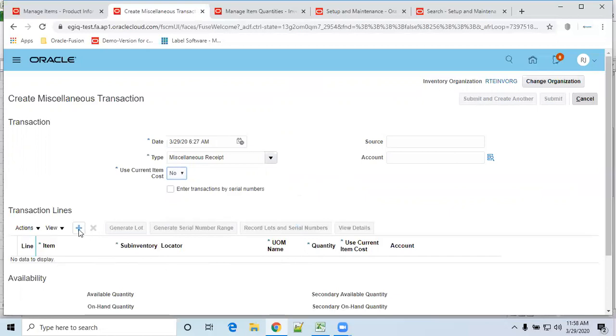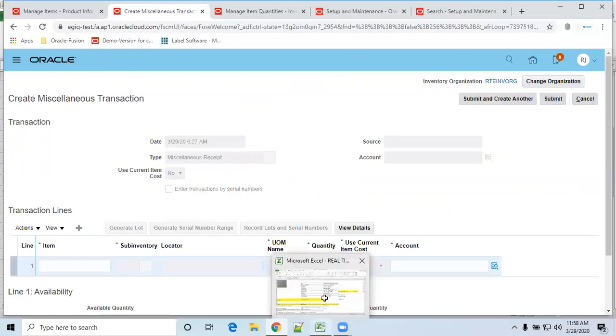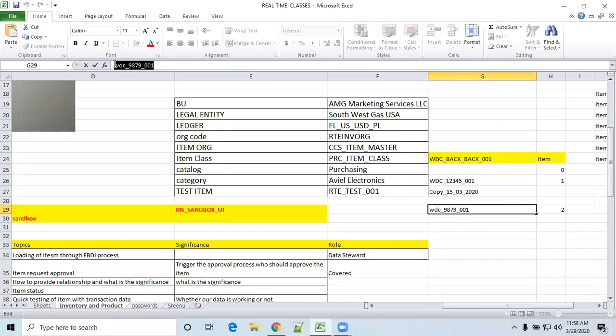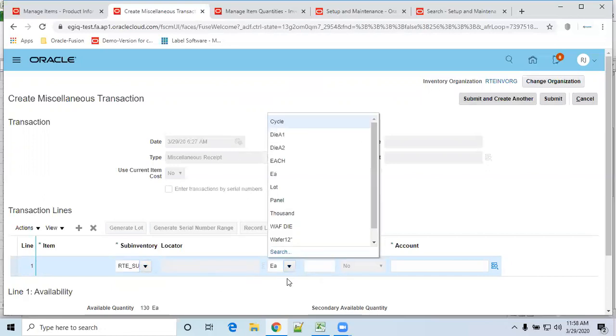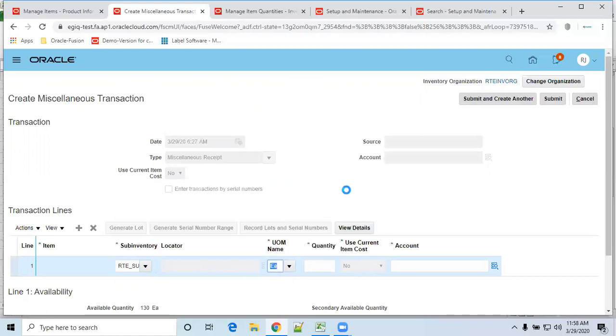Click on plus. My item is the same item. Sub inventory is the same. Now the UOM name I can select as lot here. I am receiving for this specific item a quantity of 3 lots.